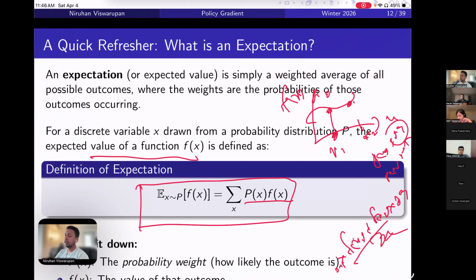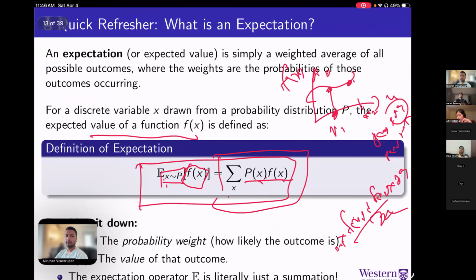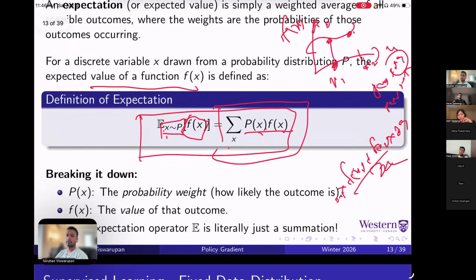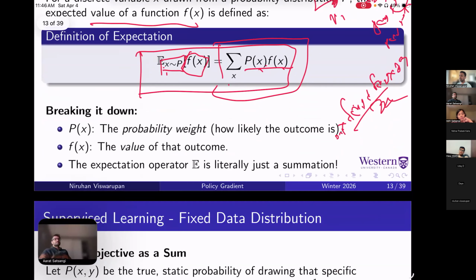So the expected value of f(x) when x is distributed in a probability distribution P is this sum of, if x is discrete, the sum of probability of x multiplied by f of x. Agree or disagree? Anyone disagrees with this? No, it's good. Okay, yeah, this is basic